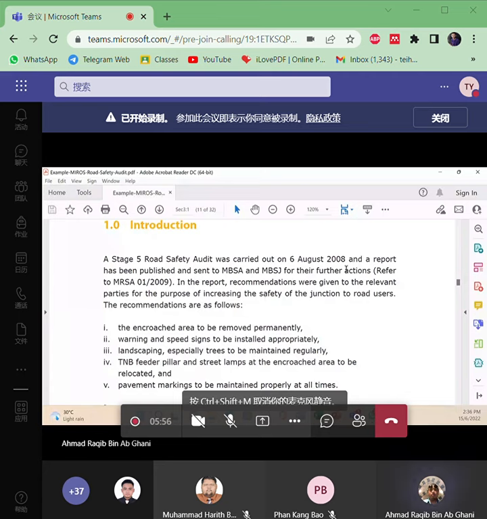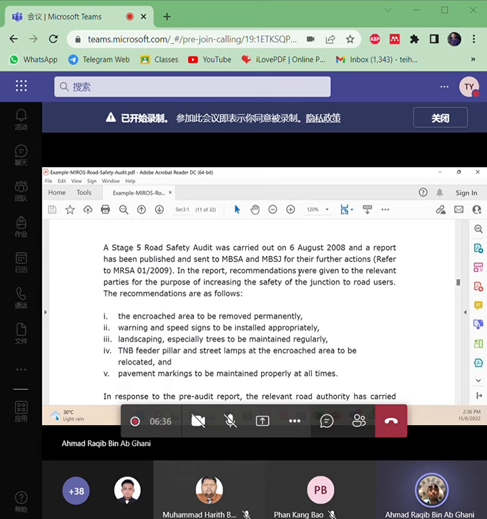Okay, so actually this road safety audit had been done 4 years before, and then sent to the local authority, MBSA and MBSJ, Majlis Bandar Raya Shah Alam and Subang Jaya, for their further action. So who did the road safety audit? Of course, MEROS. Okay, so in the report, what they want to see, what MEROS wants to see. So the recommendations